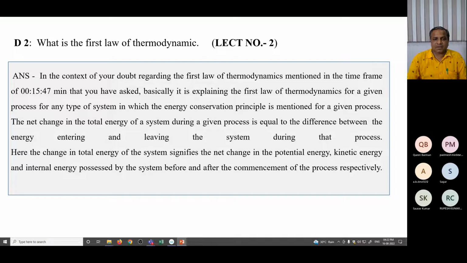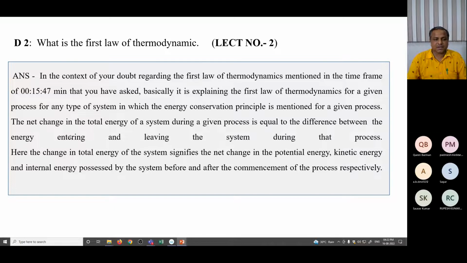Just for continuity, the first law of thermodynamics for a given process, for any type of system, is where we apply the energy conservation principle. What it says is that the net change in the total energy of the system during a process is equal to